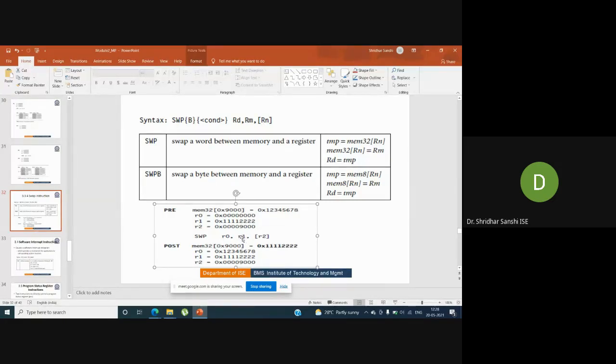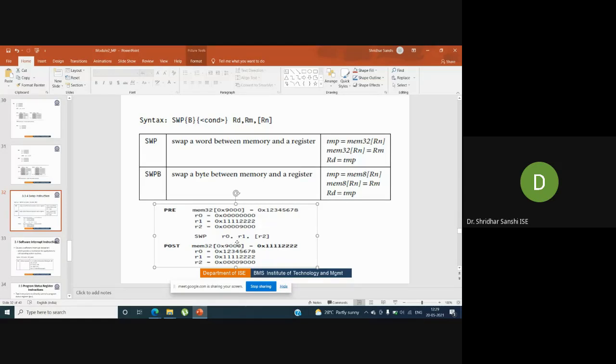So the content of R1 is placed in the memory location, and the memory location value will be stored in the RD register. Here RD is R0 in this example.